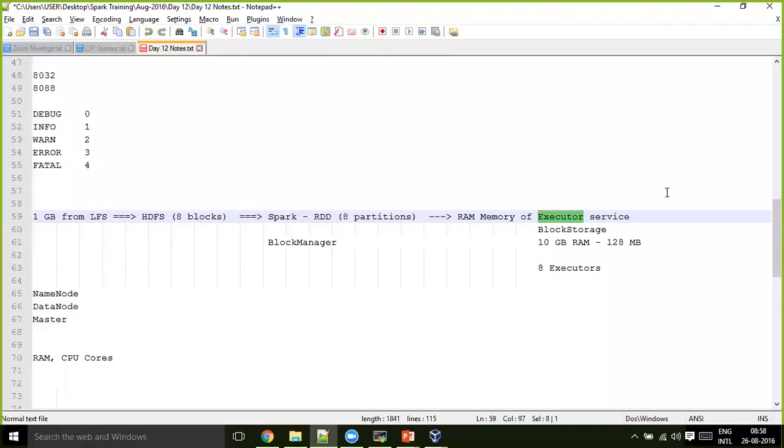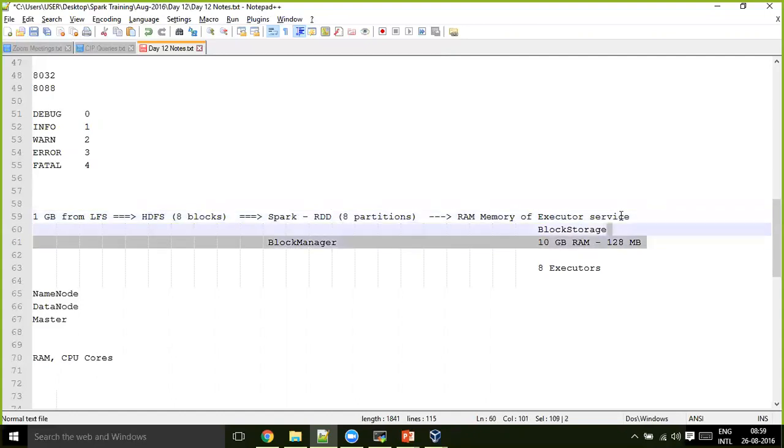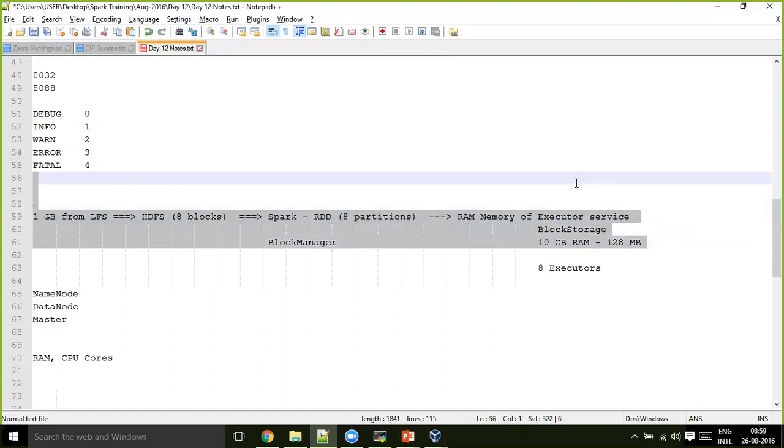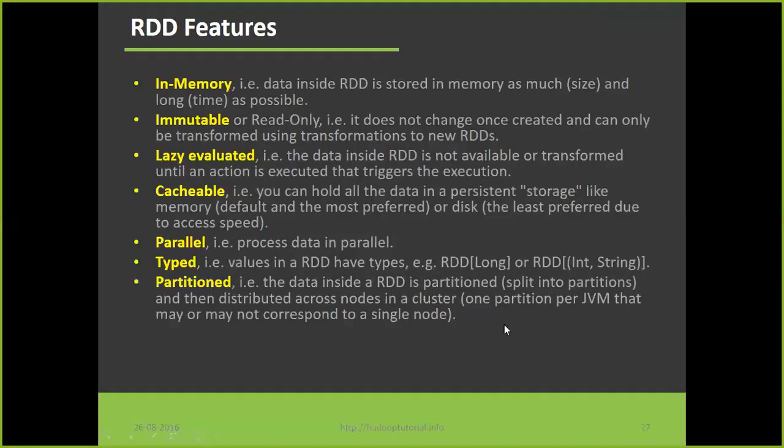I am hoping it is clear how your local file goes from LFS to HDFS, from there to Spark, from Spark driver to executors, and into the executors' JVM RAM memory. So finally the RDD's data is present in our RAM memory. I'm hoping that it is clear for everyone. Let me move on to the next point.